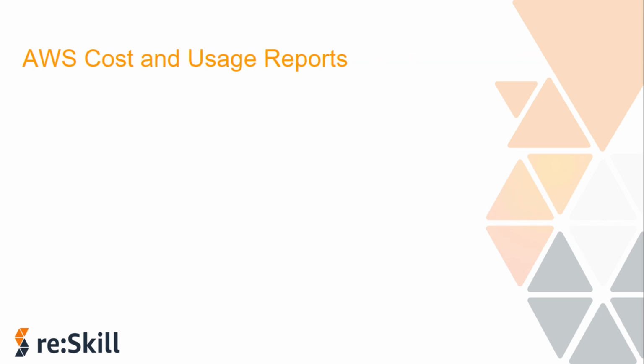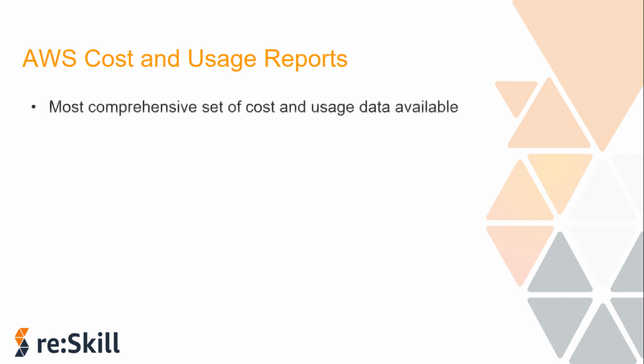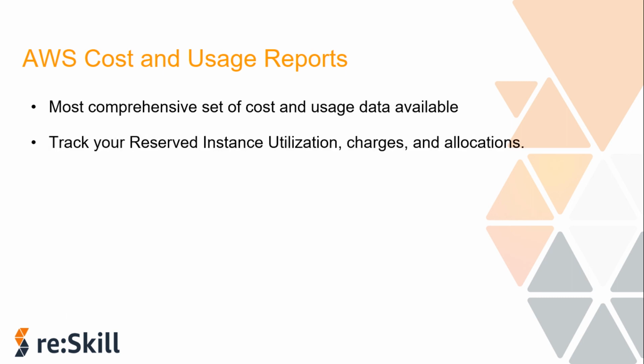And next we have got the cost and usage reports in AWS. These are the reports which provide you the most comprehensive set of cost and usage data of your AWS resources, and also provide the estimated cost for that usage. It contains all the data, as I told you, like in which region you are incurring the charges for which service. Whenever you want detailed information, just go ahead and set up the cost and usage reports and you can get all the data that you want. Also, if you want accurate details of your bills, then surely you should enable it.